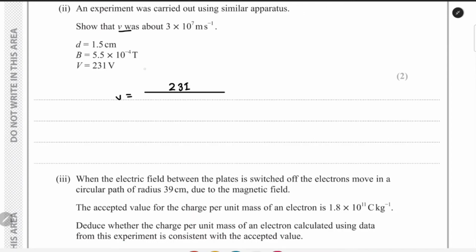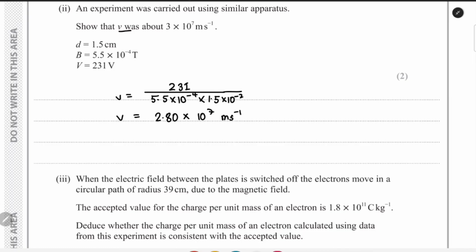This V is the capital V, divided by 5.5 times 10 to the power minus 4, which is the value of B, and then the value of small d, which is 1.5 centimeter. I'll have to convert this into meters, so multiply 10 to the power minus 2 with it. The velocity comes out to be 2.80 times 10 to the power 7 meters per second,